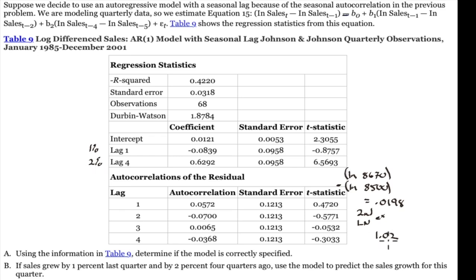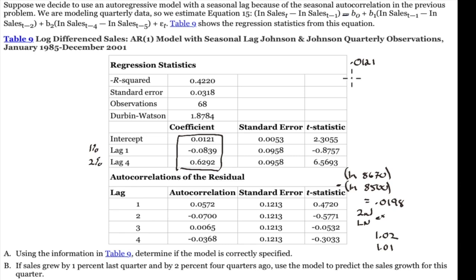Well, 2%, 1.02. And if you did the same thing as an example for 1%, what you would find is it would give you 1.01. So great. All we have to do is just use the 1.02 and the 1.01. Let me show you how that's done. So what we want to do is calculate our dependent variable, and we have all of our coefficients here. So let me see if I can give it to you here. It would be